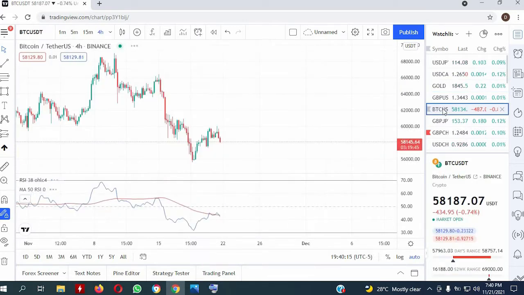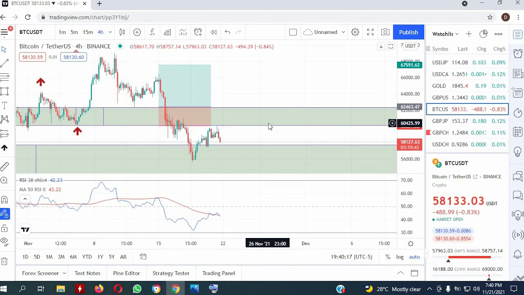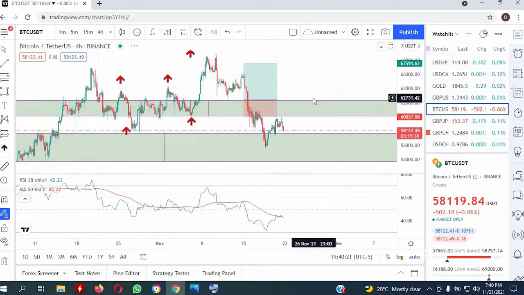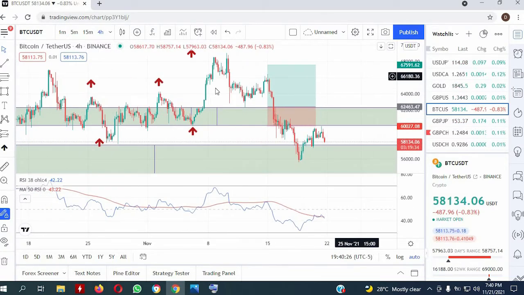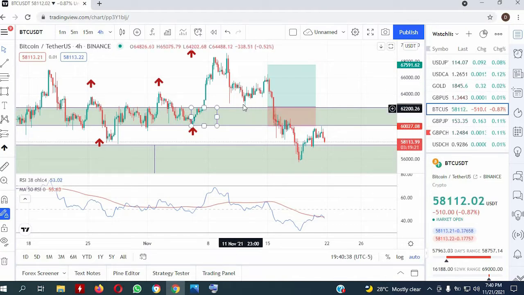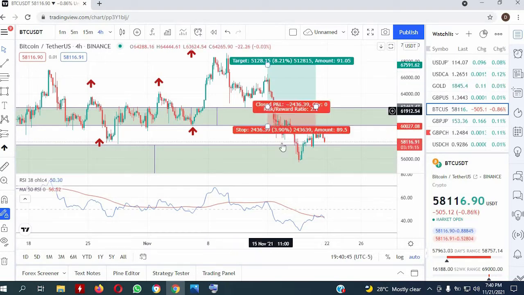Let's go over to the Bitcoin USD. In my last technical analysis, I said the Bitcoin would pull back into this area for support and then push up into this area. I was right. The Bitcoin came into this area right here, pushed up, failed to break through this area, and pushed further down into this area